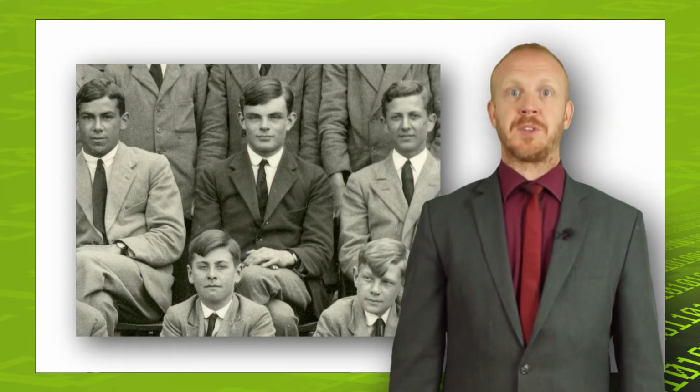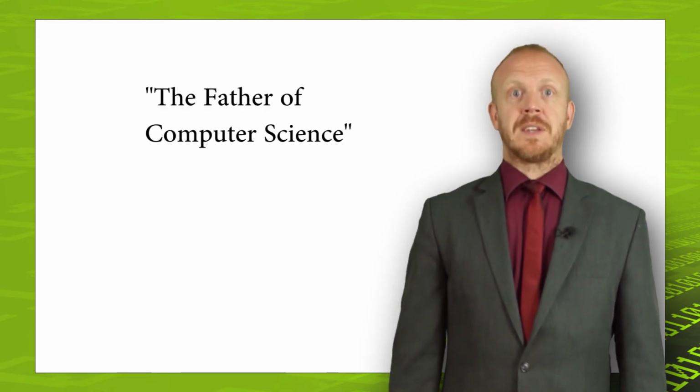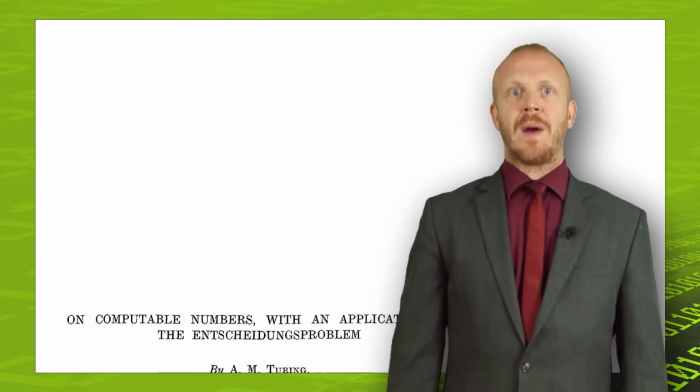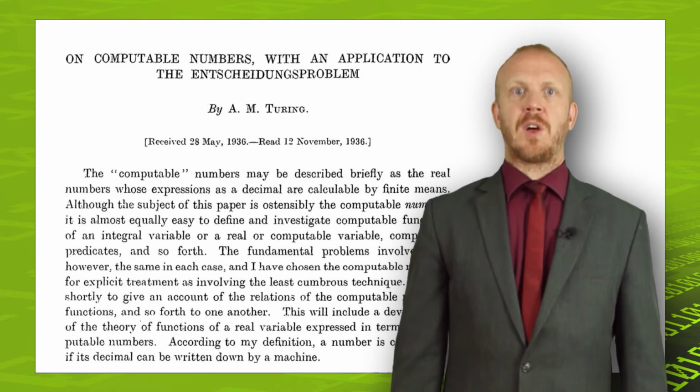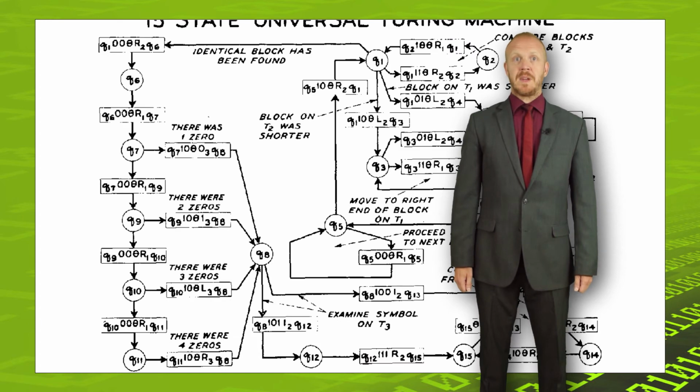In reality, Alan Turing was a warm, charming, sociable man who, before his heroics in Bletchley Park, was already a renowned mathematical genius. He's known today as the father of computer science, not because of his code breaking, but because of his work in the 1930s, where he theorised the existence of a single machine which could be configured to solve any problem for which a solution can possibly exist. This theory was his universal machine, now referred to as the universal Turing machine.